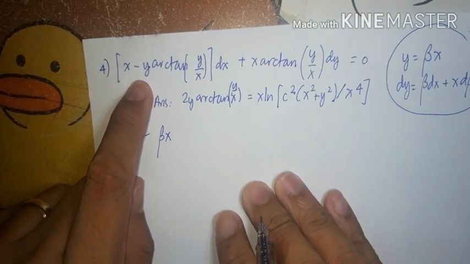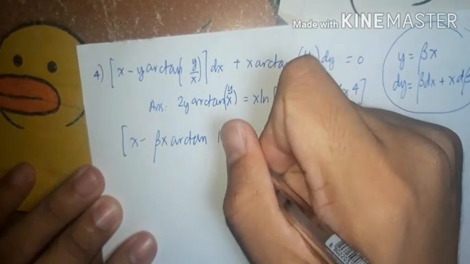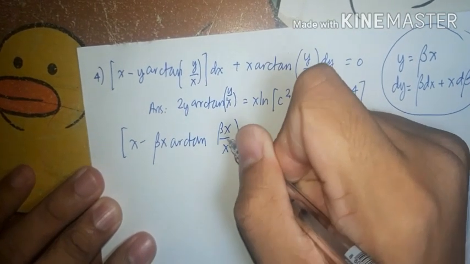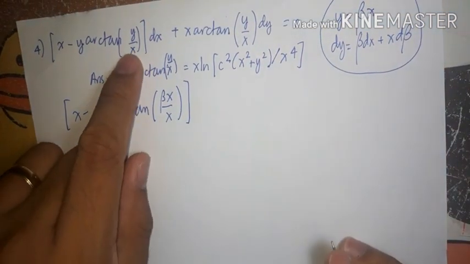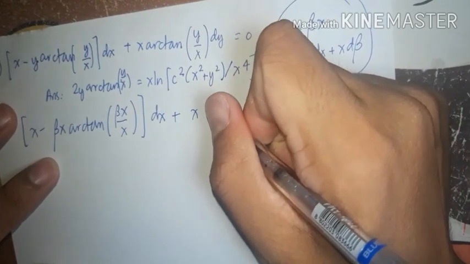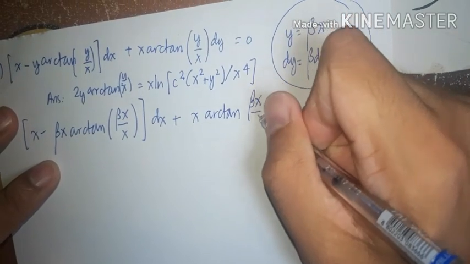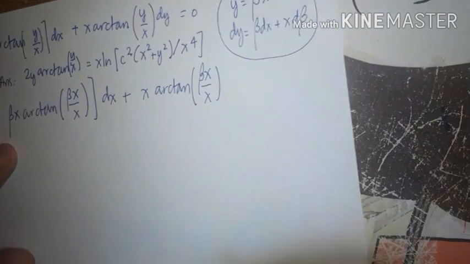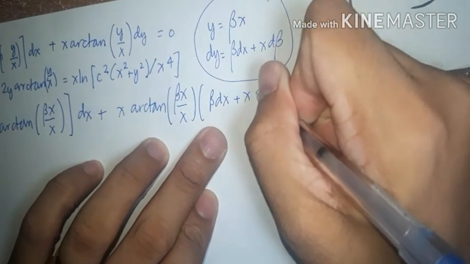Y is beta x. Arctangent beta x over x, because the value of y is beta x, dx plus x arctangent beta x over x multiplied by dy, which is beta dx plus x d beta,